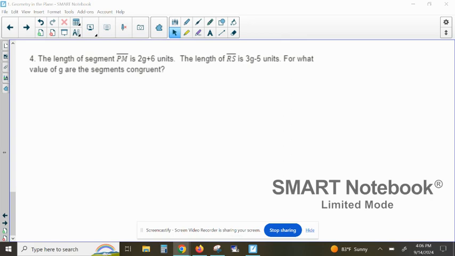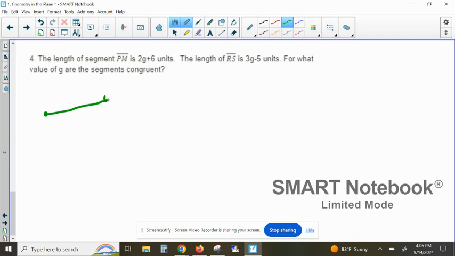The length of segment PM is 2G plus 6. So I have PM, so that's from P to M is 2G plus 6. And it says the length of RS,